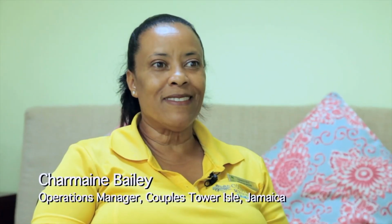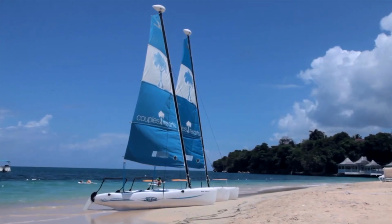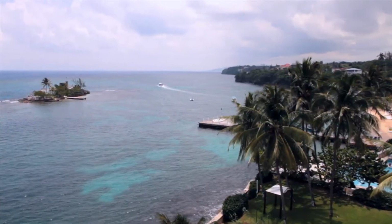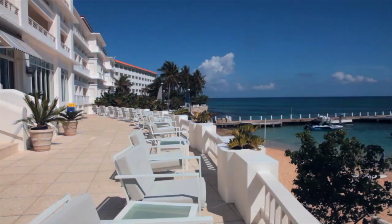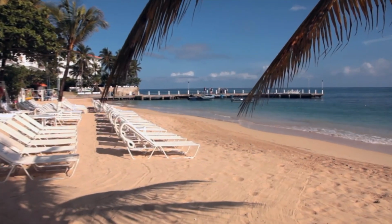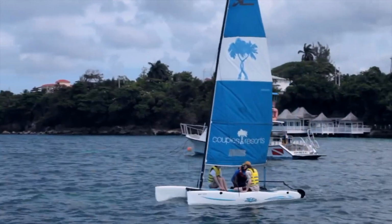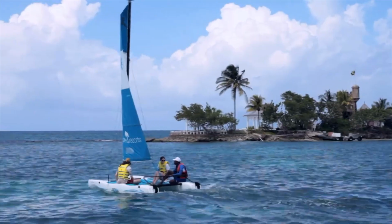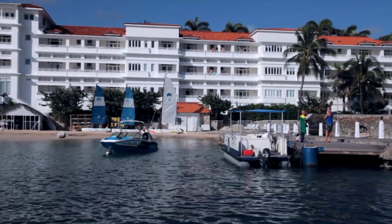Couples Tower Isle is an all-inclusive resort that has 226 rooms. We have Private Island, which is the favorite of all guests who come here. That is the attraction. On the beach, we offer scuba diving. There is kayaking, sailing, windsurfing, water skiing, and there is a pontoon boat that takes guests from the mainland to